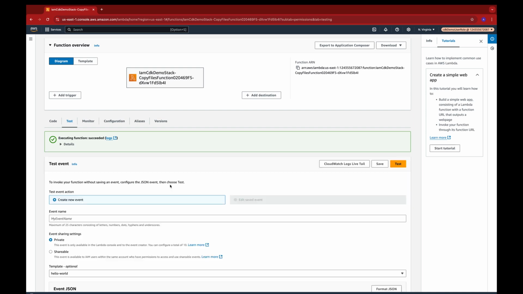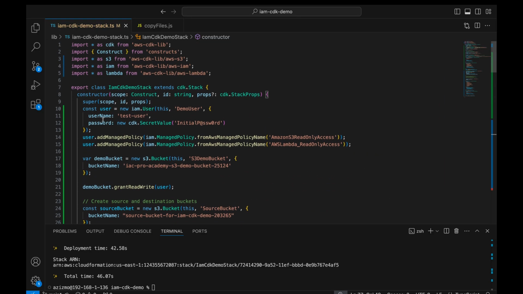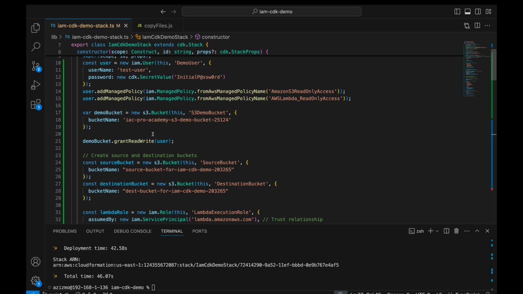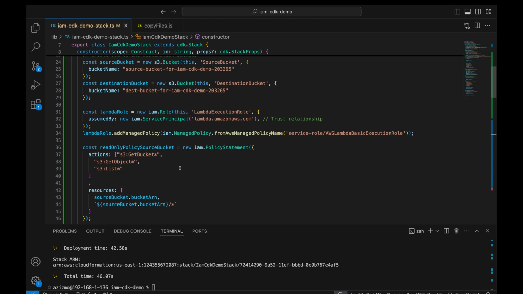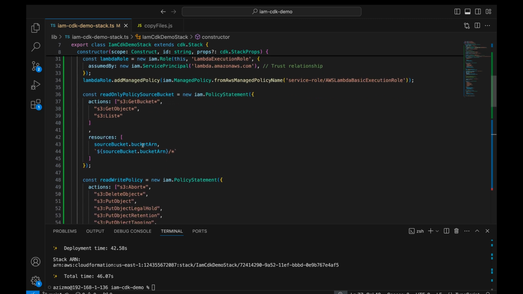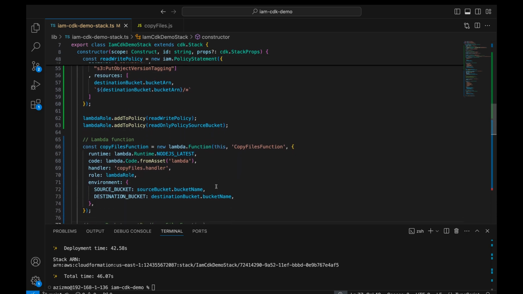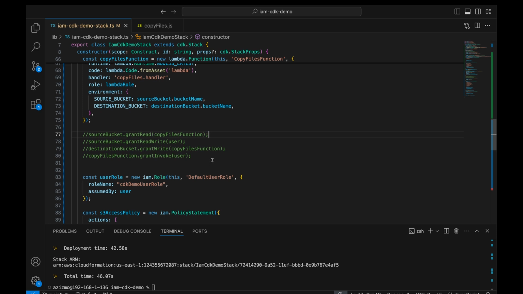So let's go back to the code and see what we have achieved in this video. We were able to create a user using CDK and give it some managed policies that are attached directly to the user. We were able to create a bucket and a Lambda function and give the user the read permission or read-write permission to the bucket, and the invoke permission to the Lambda, again using policies that attach to the user with the grant method. We were able to give the Lambda function access to read or write to the S3 buckets using the grant methods, which create the role in the background for you, and the Lambda functions were able to assume the role. And we were able again to create the role ourselves and create the inline policies ourselves in this role and allow the Lambda function to assume this role. And at the end, we were able to demo how you can assume a role from an IAM user in